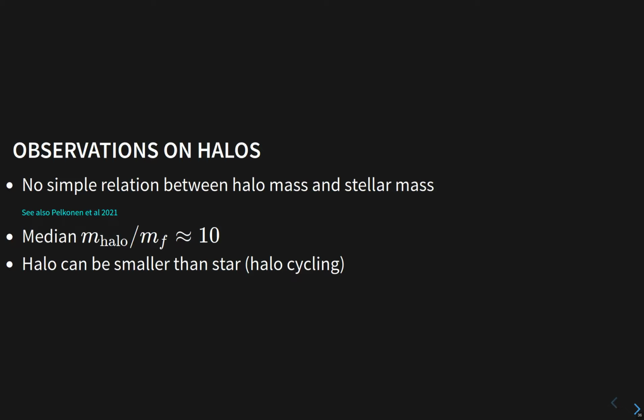And also you can have, especially for the most massive stars, the halo near the star at early times doesn't reflect the full reservoir that's going to accrete onto the star. And so you can have halos that are smaller than the star ends up, and you have the cycling of material